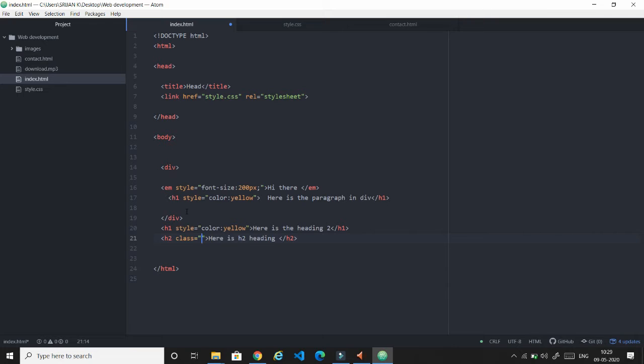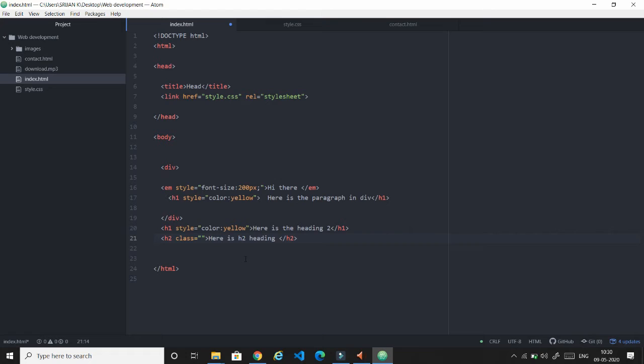As you can see here, I need the H1, the paragraph in the division, the heading 2, and this H2 heading. These three contents should be in yellow, so they have the same property: the color of the content should be yellow. In this case, they will come under the same class.